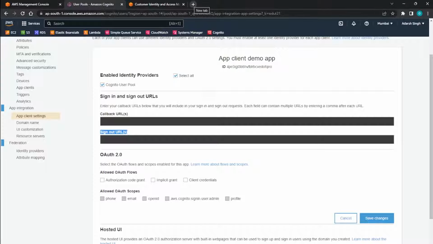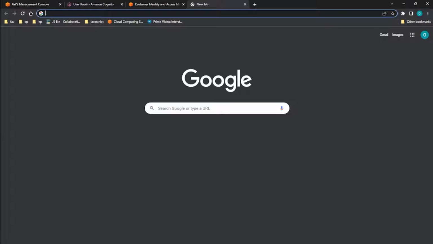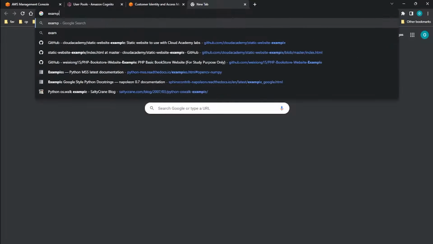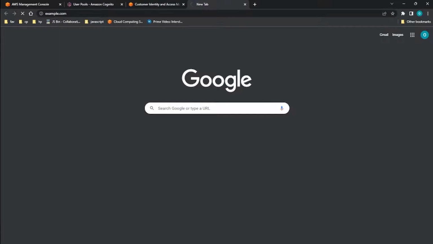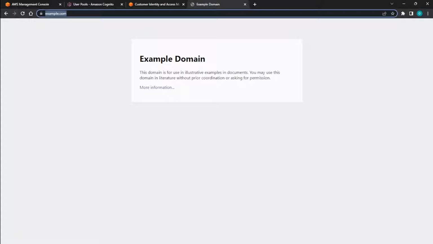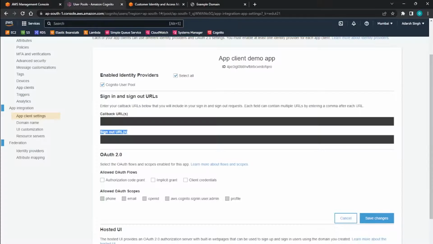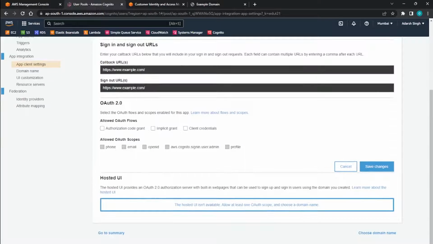So for demo purposes, we will be using a demo URL, which is nothing but example.com. So we will be using this domain, but in the real world you will be putting your application URL over here. Okay, then we will be selecting the